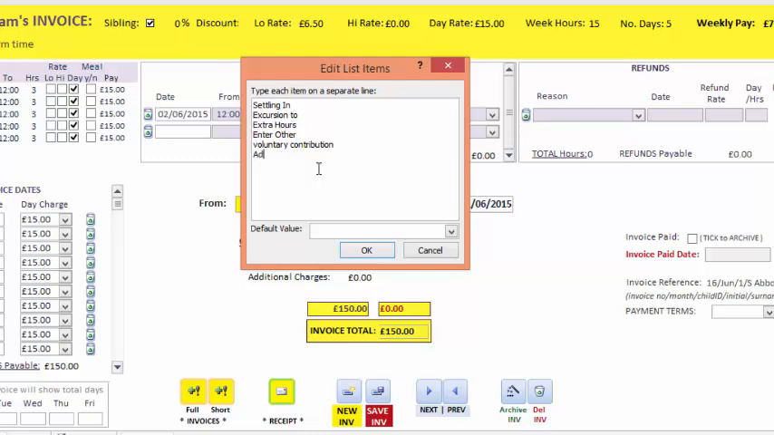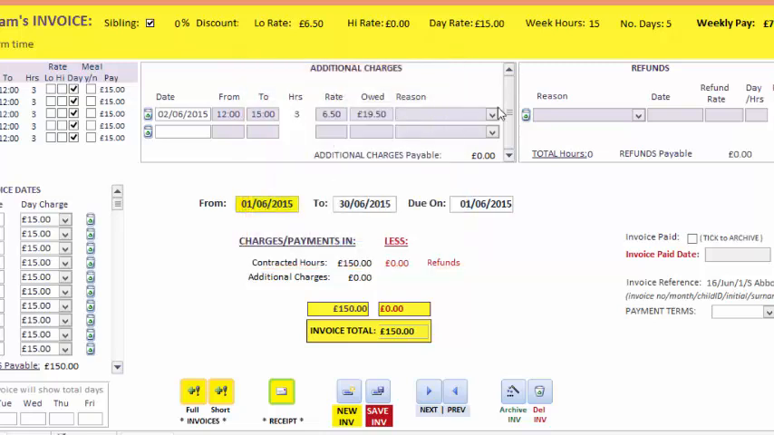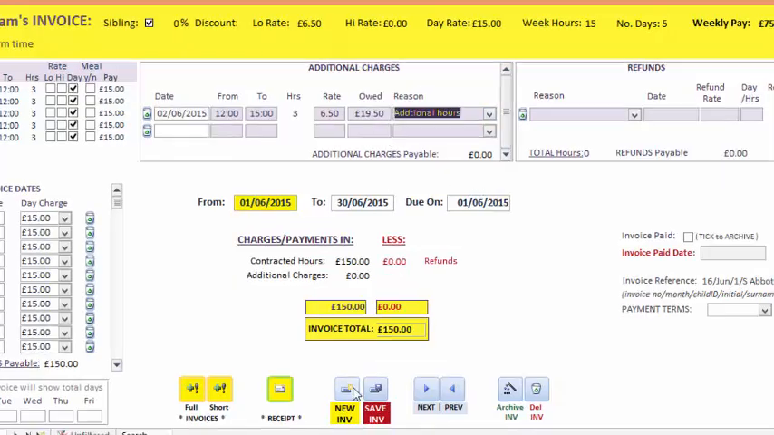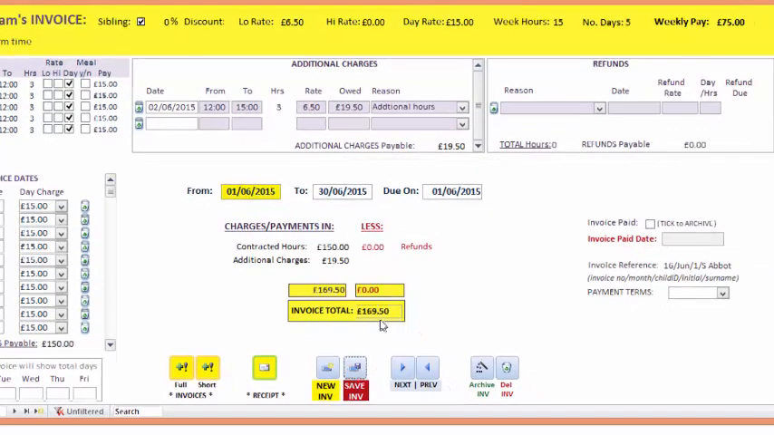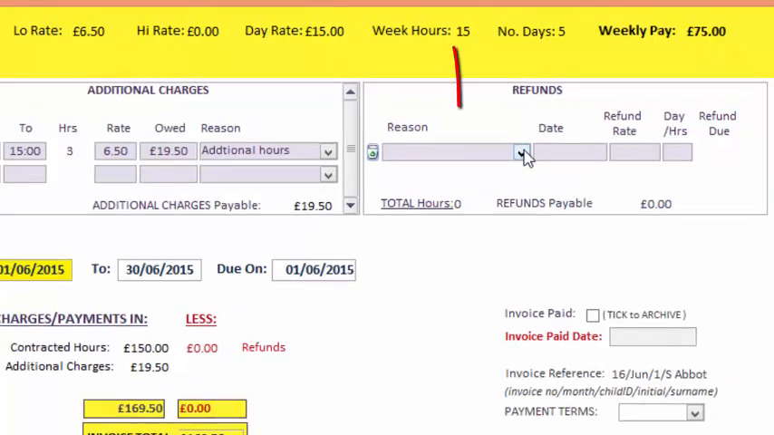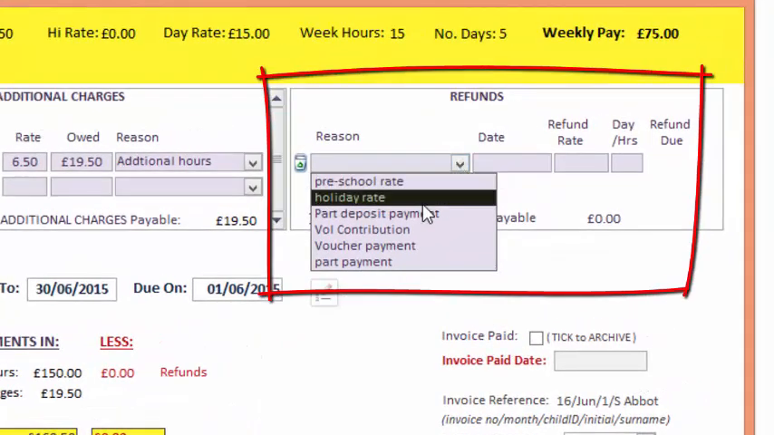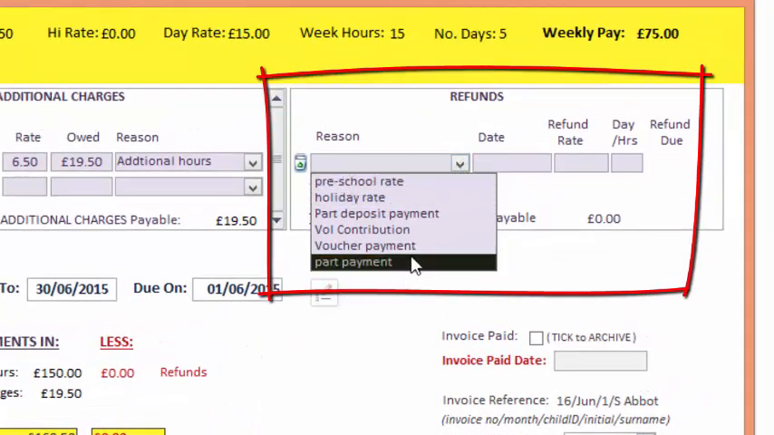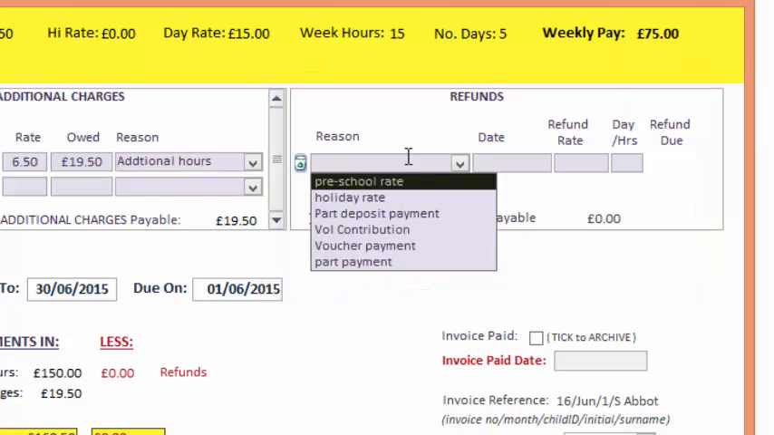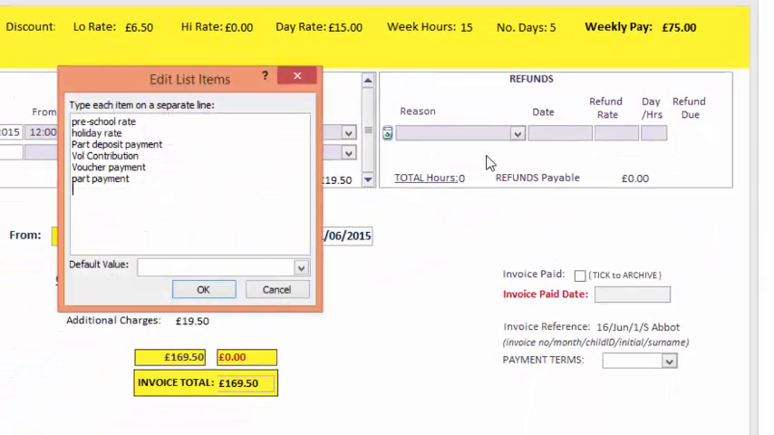You can write in there, and that will then be an option. And again, it calculates it all. If there's any refunds, again, you do the same thing. So if I do overpayment,